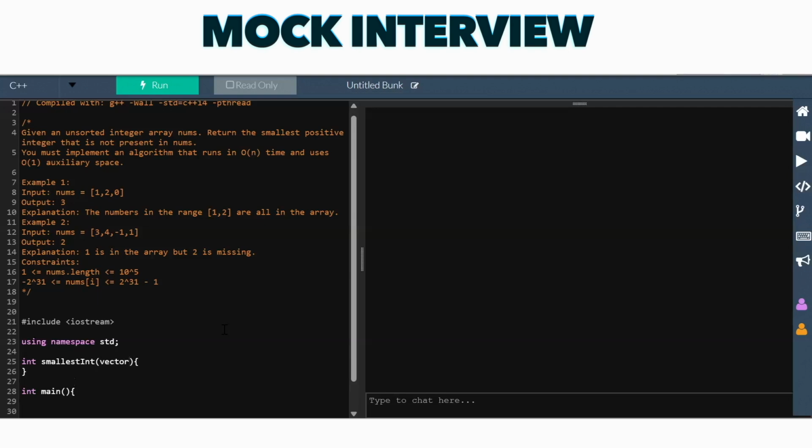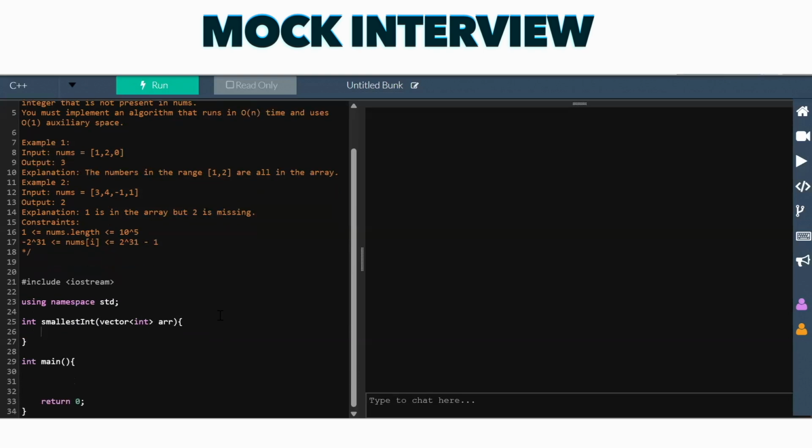So vector of integer, this is the array. Size of this array. If I say loop, if i is less than length,